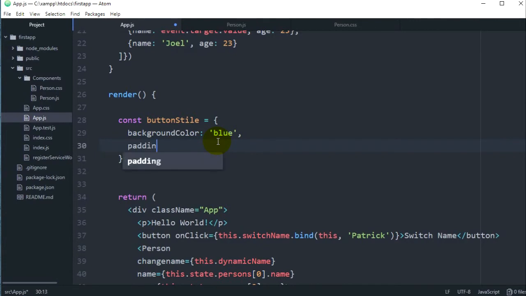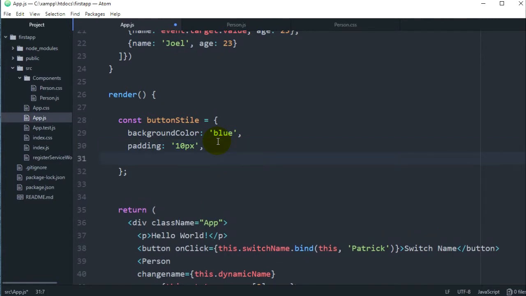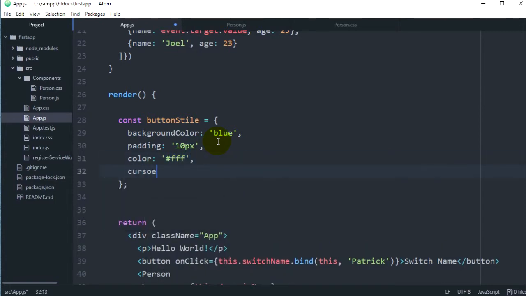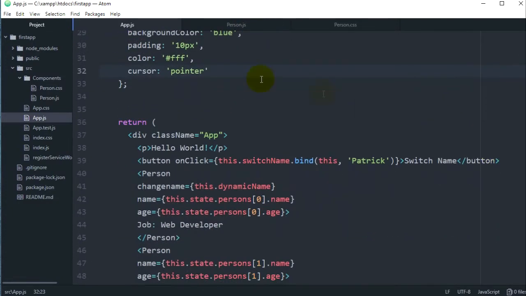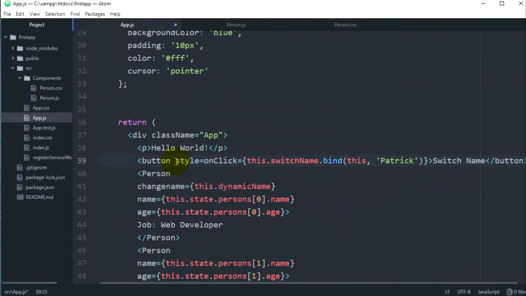Also have padding. Let's give it 10 pixels, and then color, make it white, cursor, let's make it pointer. I'm gonna save it like that, and let's add this style to our button. So we have here style equal to,